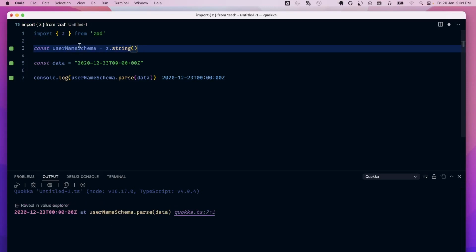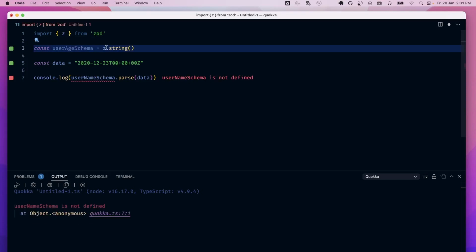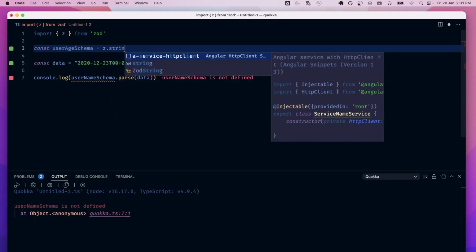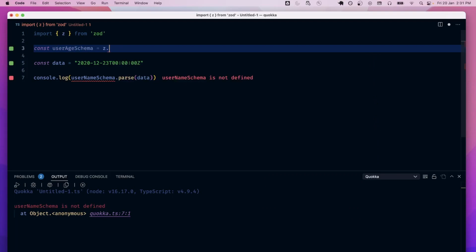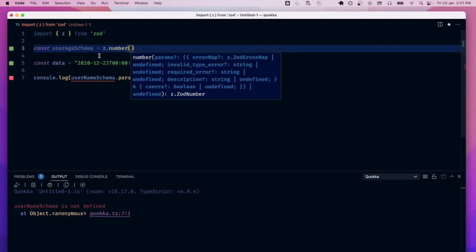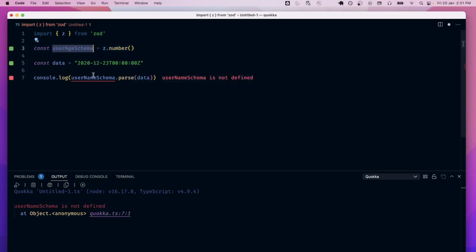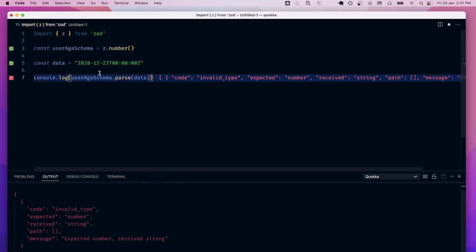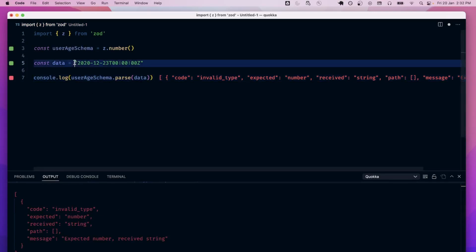Similarly, what if this is a number? This is something like a user age schema. Now, the string cannot sufficiently or correctly represent it. So now we'll have to convert it to something like a number. And once we have this here, the only value it will accept will be the number type. It's correctly warning us that it expected a number, but we provided a string, right? Now let's just provide a number,